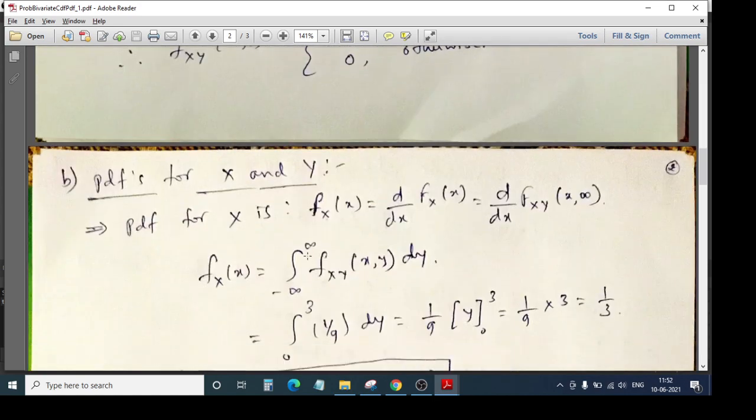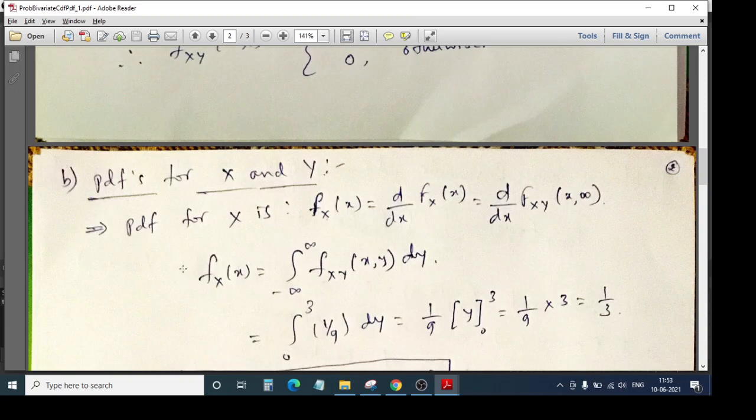So we already know that your PDF and CDF are inverse pairs. They are inverse to one another. So if I want to find your PDF, say small fx, then we will differentiate your capital Fx. But now, what do we have in our hand? We have a bivariate CDF. So there we will be using one more